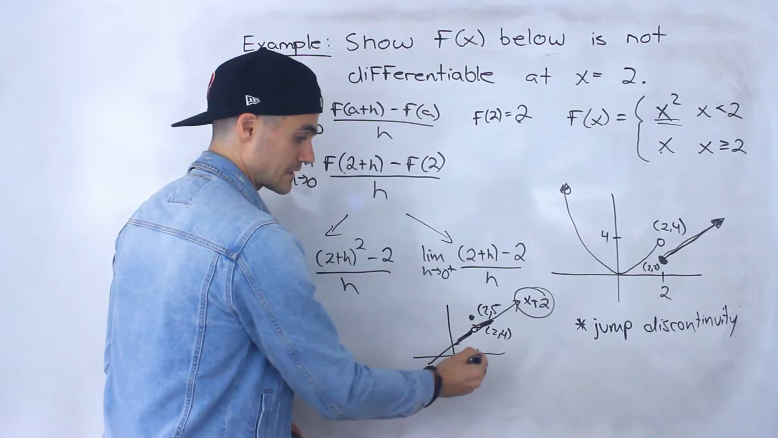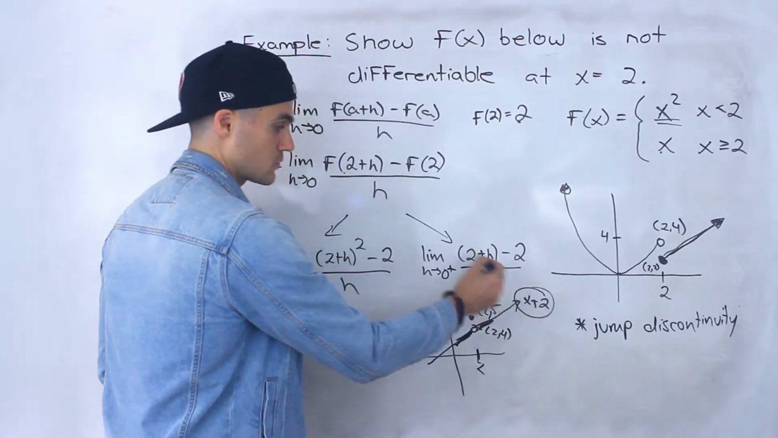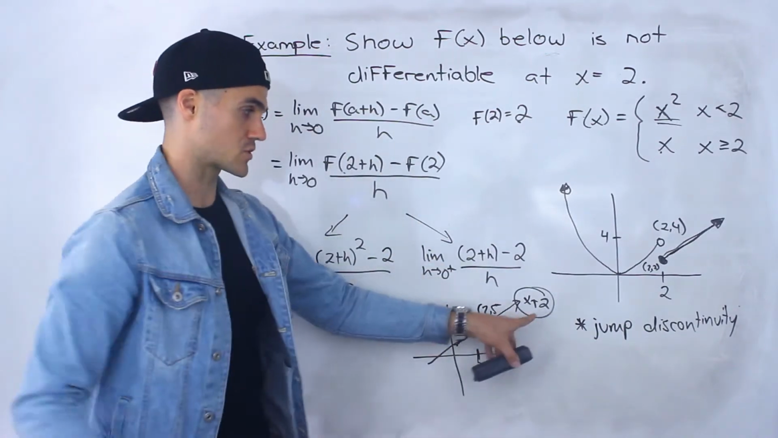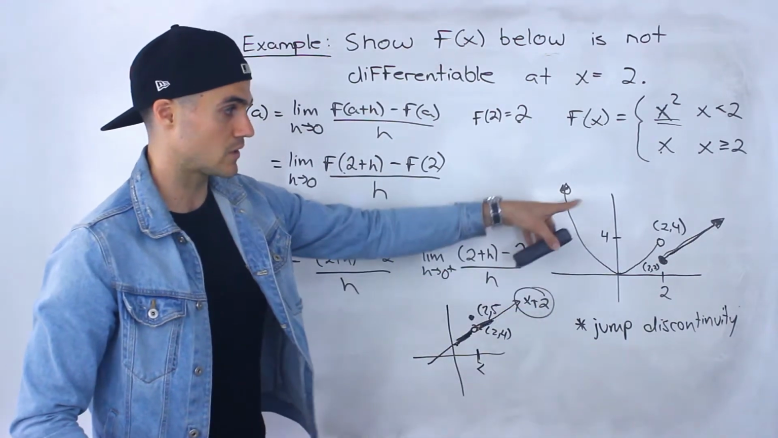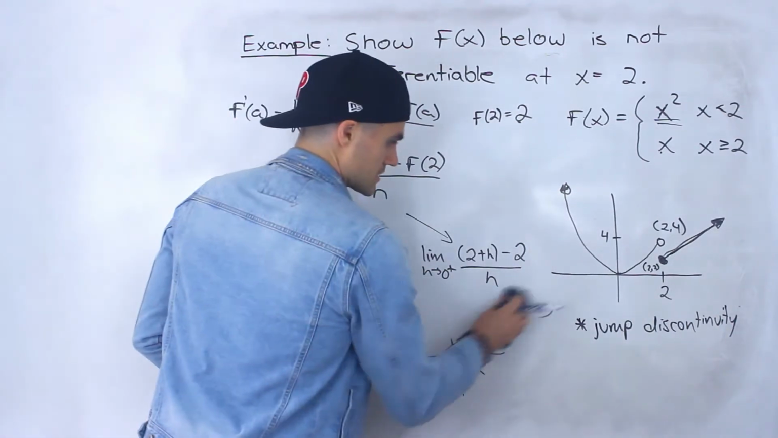To the right and to the left of that x value of 2, it was the same function, x plus 2. So we didn't have to worry about it, because 2 plus h from both sides was going into this function. Versus this one, it's going into 2 separate functions. Right? So anyway,